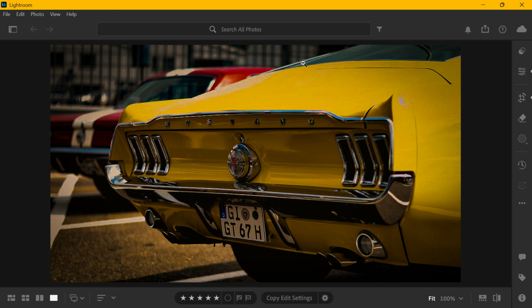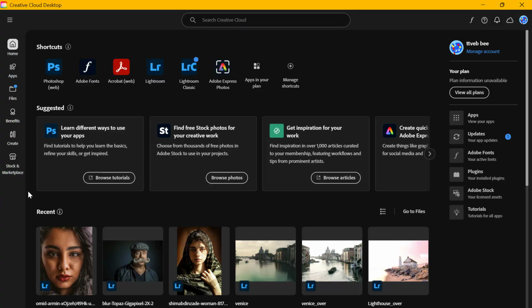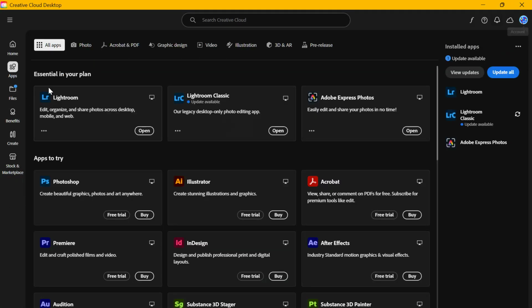Another important fix is updating Lightroom. Open Creative Cloud and check for updates. If a newer version is available, install it right away. Outdated versions of Lightroom can sometimes run into sync bugs or connection issues, and updating to the latest version may